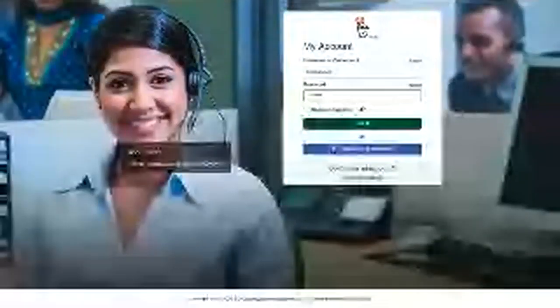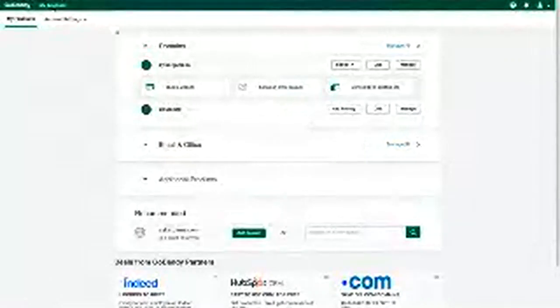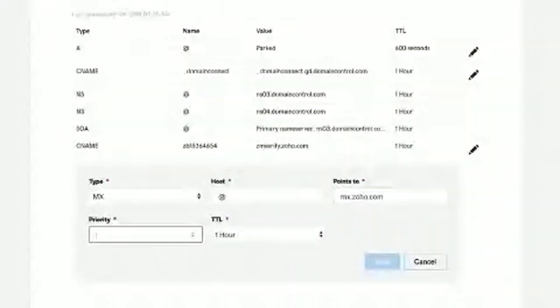So here you can see that I'm logging into my GoDaddy DNS provider to add my MX records. I click on Manage DNS. I click on Add to add the DNS record, and I'm choosing MX as the record type. I enter the host value and the points to value. These are values that have been shown inside your control panel or in the domain setup process.